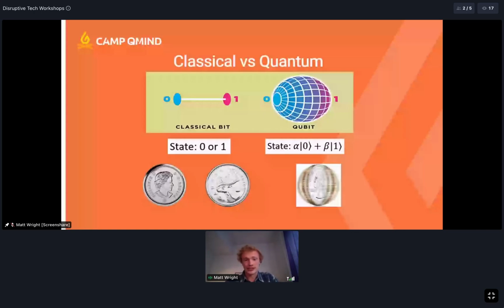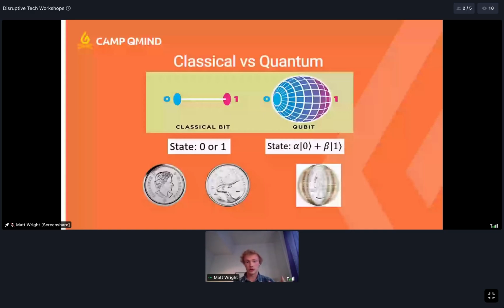So what actually is a qubit? We know the differences, but what if you saw a qubit on the street? What would it look like? Well, that's a big question, and it's something that we will touch on here. Formally, when we talk about qubits, we are talking about an abstract mathematical object.